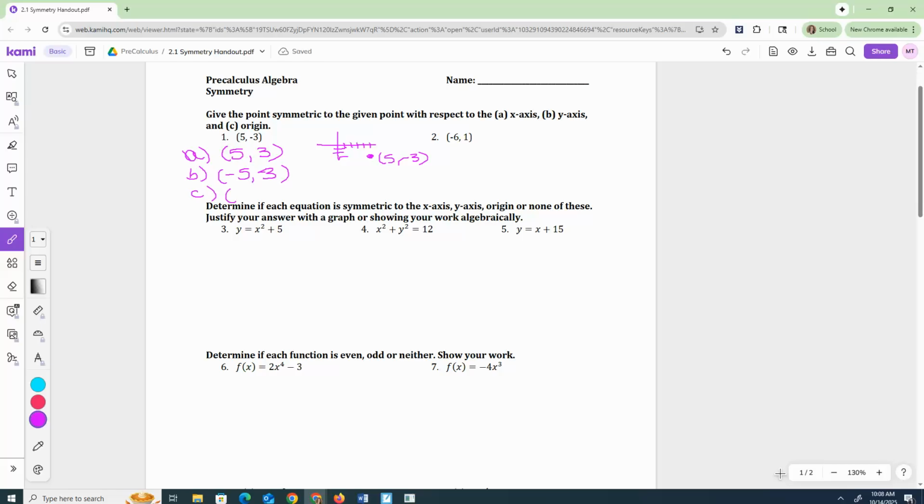Where does it end up? Remember, flipping over the origin changes both of their signs. So the 5 changes to a negative, the 3 changes to a positive. So let's do, I'm going to let you guys